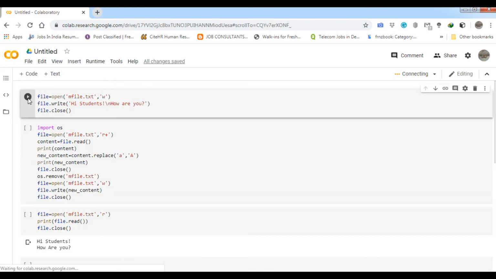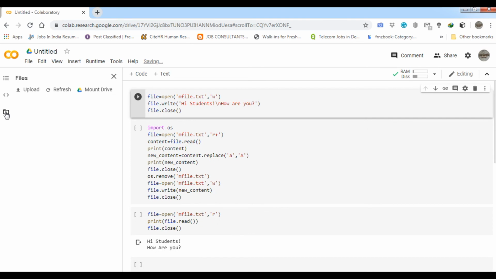To do that we have to run it. This is an easy way to create a file with content. We have not printed it, but it will show you. It will take some time until it is connected, so wait for this because it is an online operation. So it means we have performed this file.